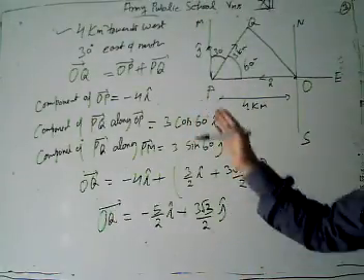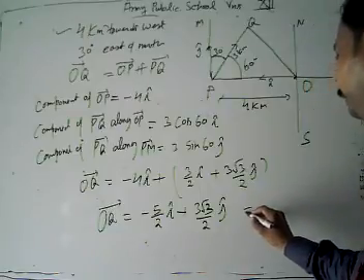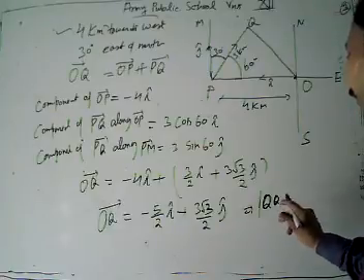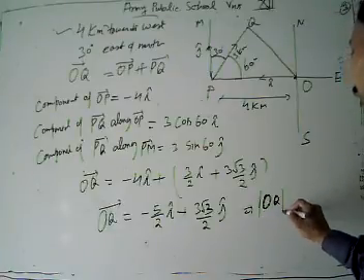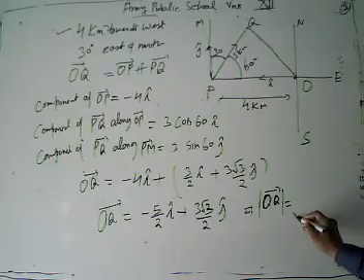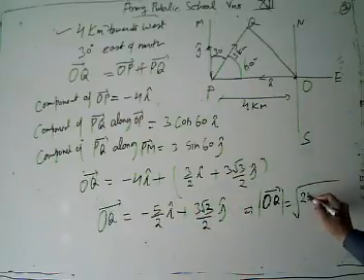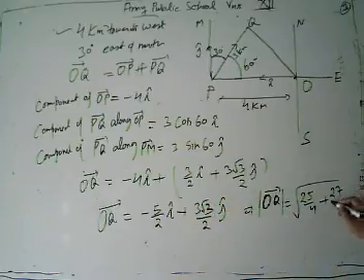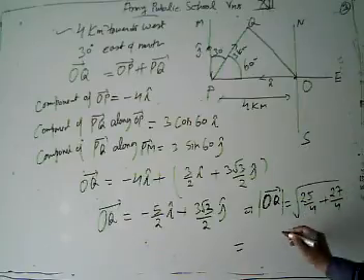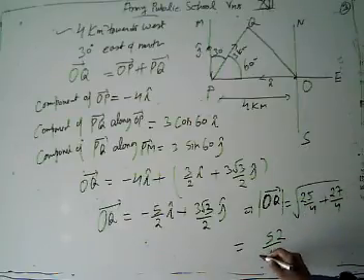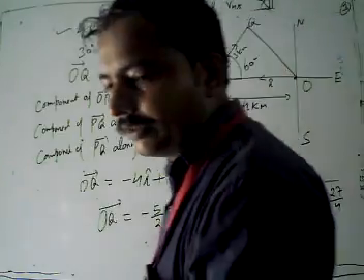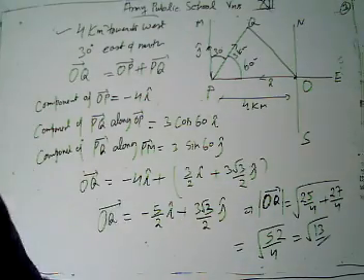Now look, we have to find the distance, the magnitude of OQ. It is equal to the square root of the square of 5 by 2, which is 25 by 4, plus the square of 3 root 3 by 2, which is 27 by 4. Adding, 52 by 4 means root 13. This is our required result. She traverses root 13 units.